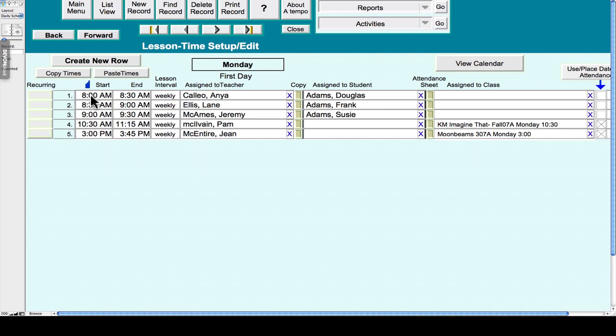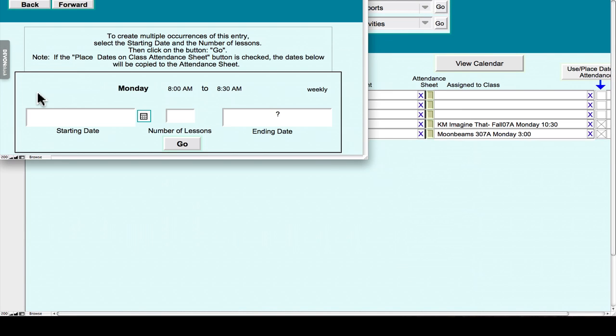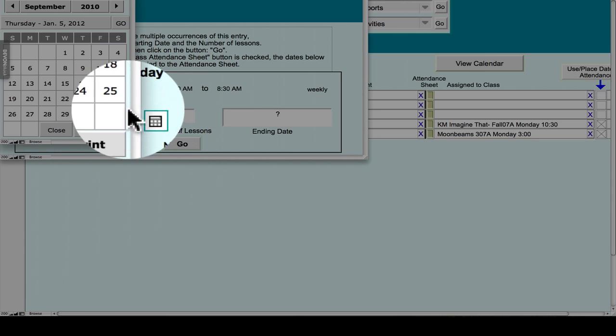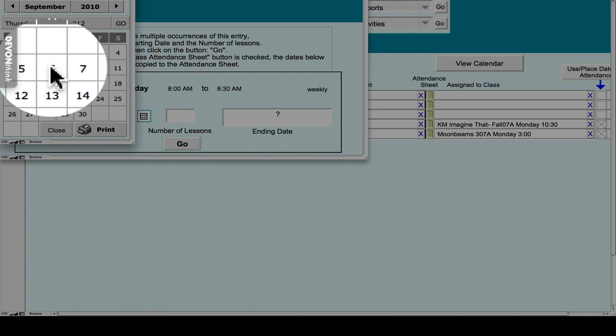We're going to go to the first row and click on the recurring field right here. And it takes you to where we're going to create the dates that will go through the year's schedule for that first teaching assignment on Monday. We'll use the calendar to choose our Monday date. We'll say the